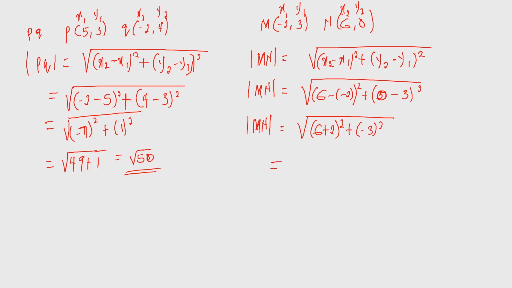So which is equal to the square root of, now 6 plus 2 will give you 8, then you square it, then plus minus 3 squared. So now 8 squared is 64, then plus, what's the square of minus 3? It's 9. You can use your calculator to find it. So now you discover that 64 plus 9 will give you 73. So that is